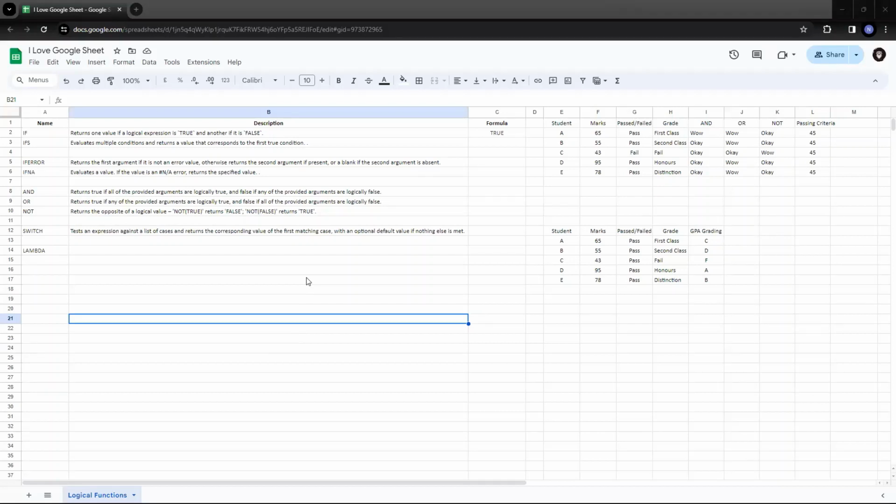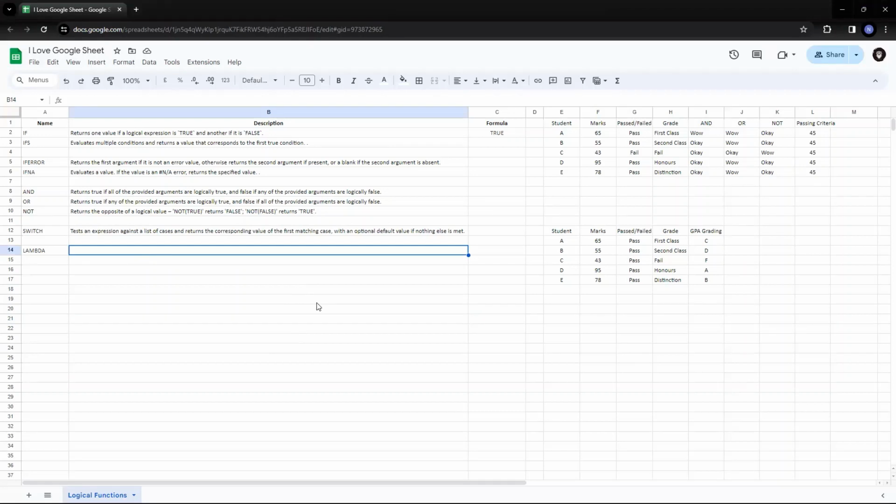Hey guys, today we'll try to understand one of the important functions, and one of the expert functions in Google Sheets, that is Lambda. Now, what is Lambda specifically used for? You need to understand that first in order to actually get into the function and use it for your daily